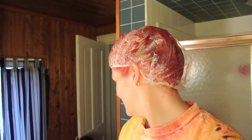Any longer than that and the processing kind of stops, but you can leave it on forever. This stuff does not damage your hair. It doesn't penetrate like a permanent dye or anything. So if you want to change your hair to a crazy color all the time, that's fine. You just can't bleach it all the time. Bleaching your hair is what kills it, not the crazy color dye. I know a lot of people freak out when I...